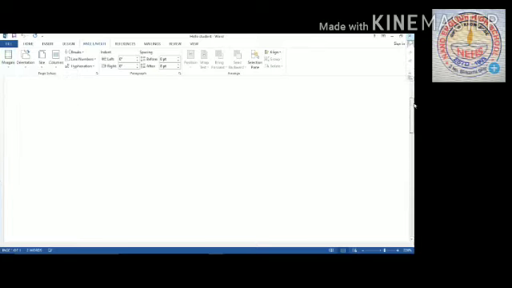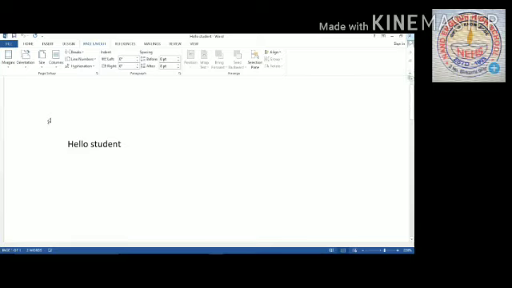Okay, and then vertical ruler. It is located at the left of the document window, used to set the top and bottom margin. It is used to set this side top margin and bottom margin. The default top margin is 1 inch. Here 1 inch is the default top margin.